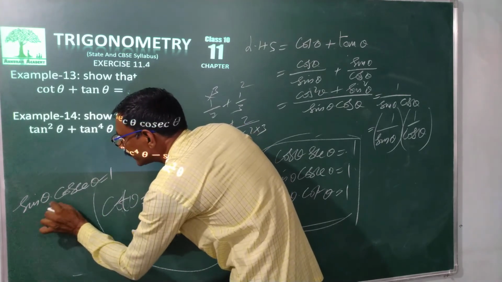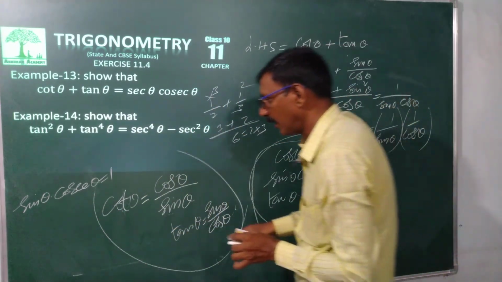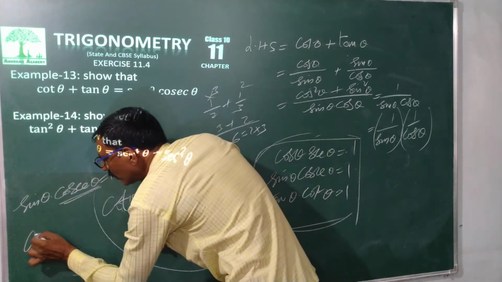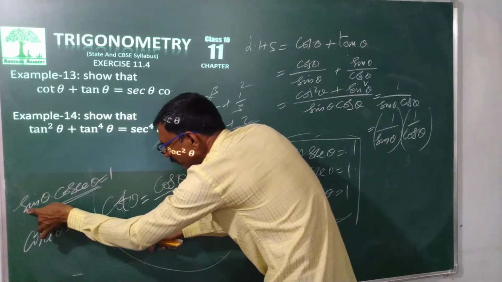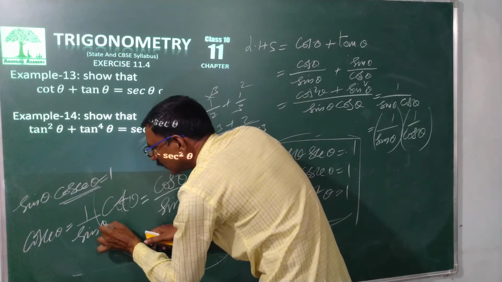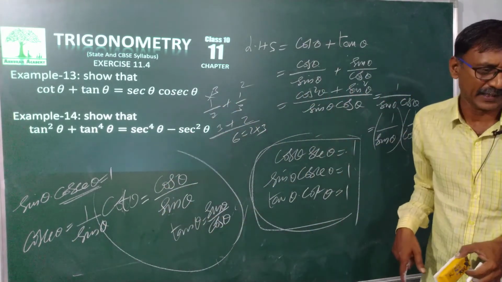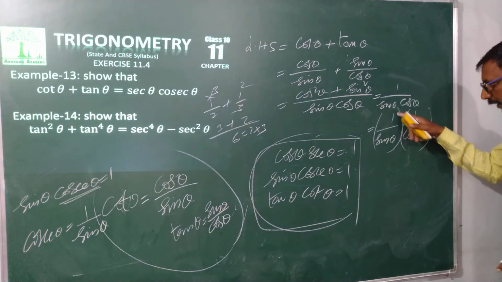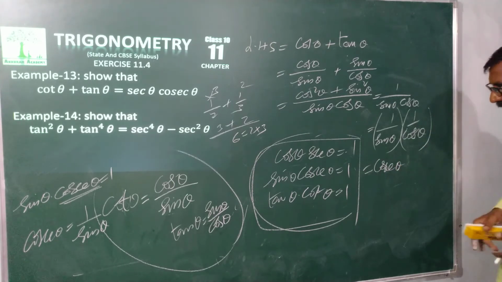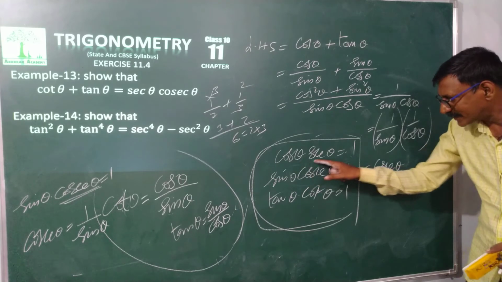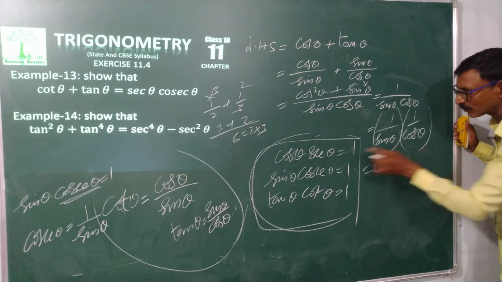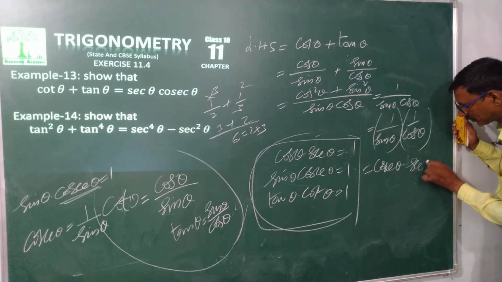Just prove. I want to take only cosec theta. Cosec theta is equal, sin is multiplying, it comes this side. Divide. So cosec theta is equals to 1 by sin theta. In place of this I can write here cosecant theta. Similarly, I need sec theta. It is multiplying, will go this side. It divides. That means 1 by cos is nothing but sec theta.